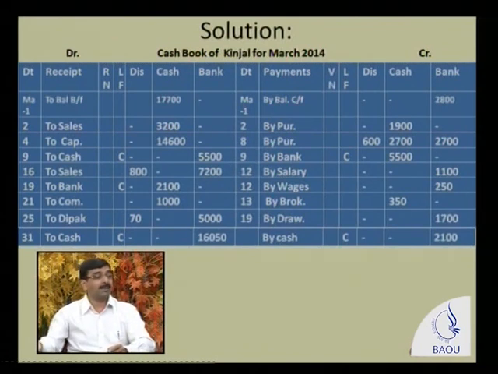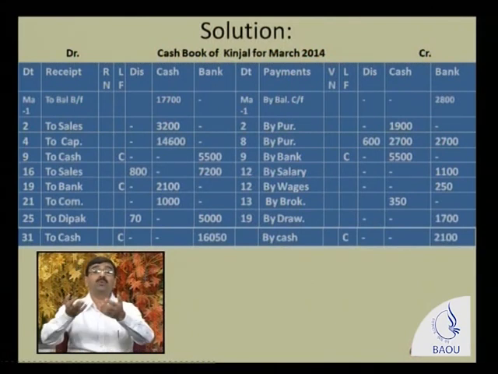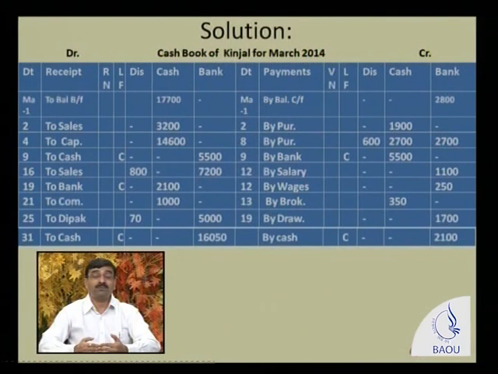Now on the other side, in the payment side, dated 19, by cash, LF is C, and the bank actually is the giver, so in the bank column 2,100 rupees is written. Now another transaction, as I mentioned, the sum amount withdrawn for fees for the son is affected at drawings. So it is also a bank transaction. So see, on the dated 19th on the payment side, drawings account debited to bank account. So the opposite name is drawings, written on the payment side, and in the bank column 1,700 rupees is given. So this is a bank transaction.